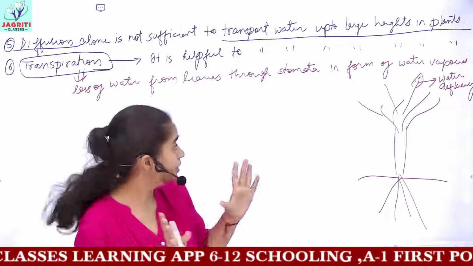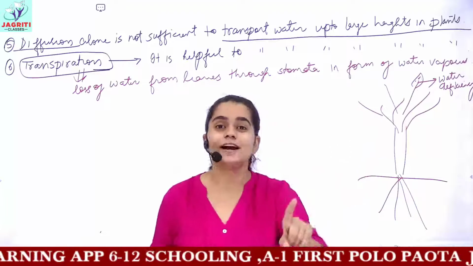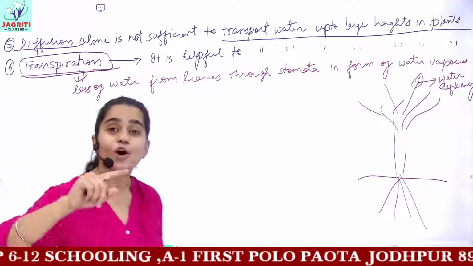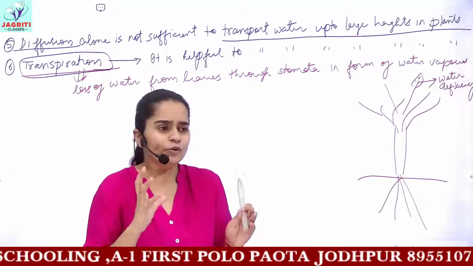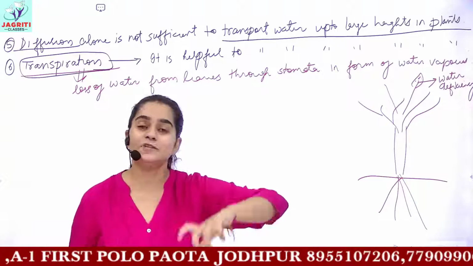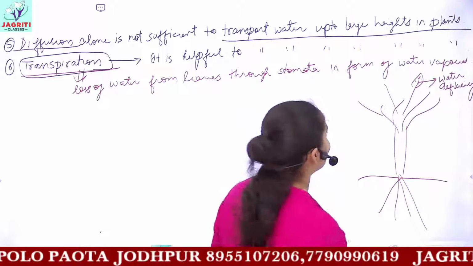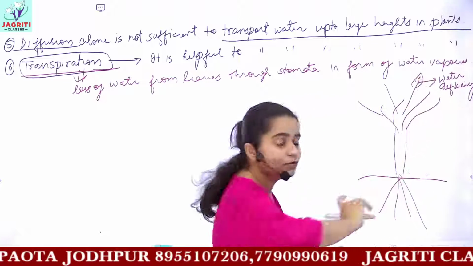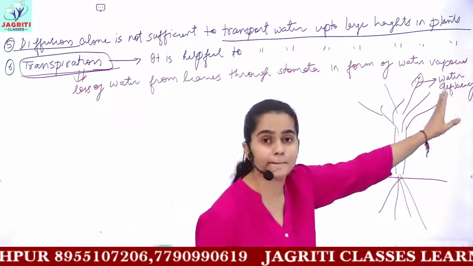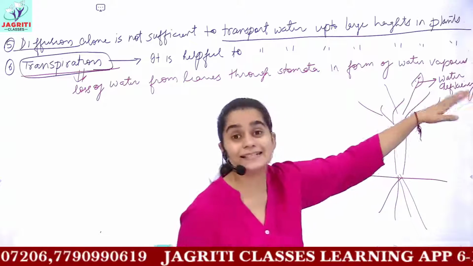You should have this understanding till class 10th. Then you will be dealing with all kinds of theories, especially this theory in detail, in your higher classes. There you would have a complete understanding of how transpiration helps in water conduction or water movement. But for now, you can understand that these leaves are losing water because of the transpiration process from their stomata. When these leaves lose water, a water deficiency is created.